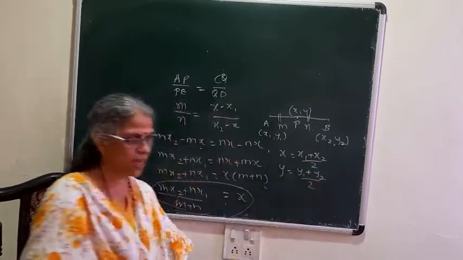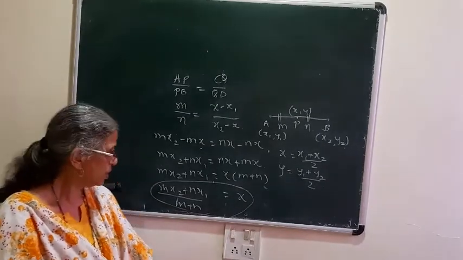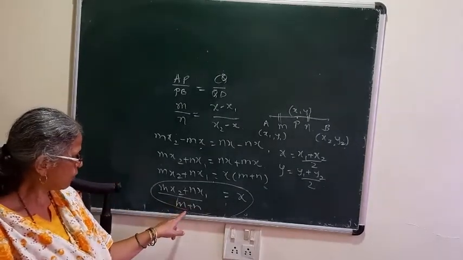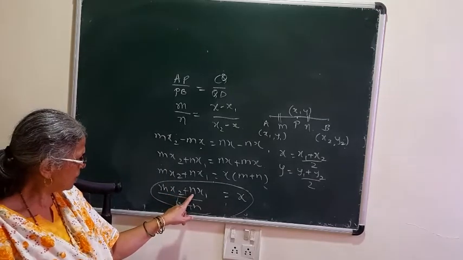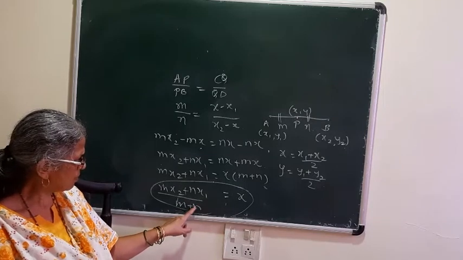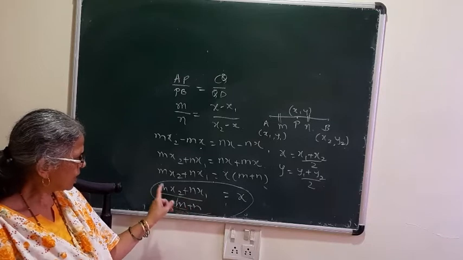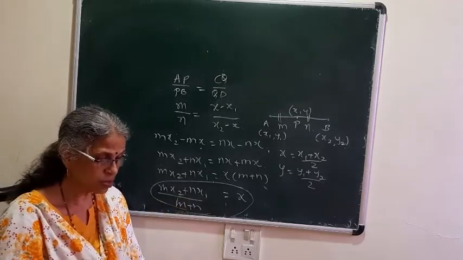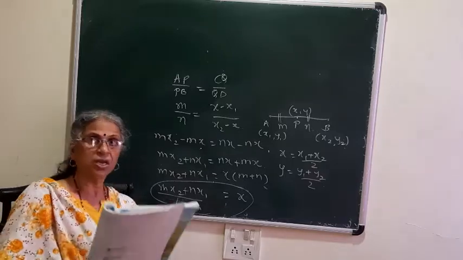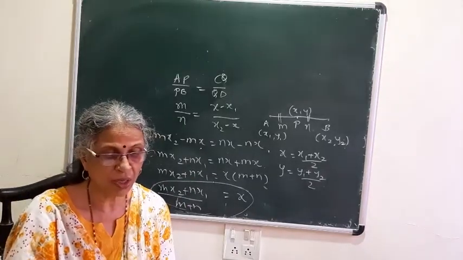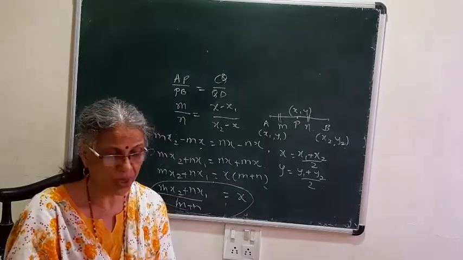So in detail they have given the proofs, so you can read it from the book also. But here we are going to start from this, and for n you can substitute m. So here it will become m, here also it will become m, so here it will be 2m. Taking m common, m and m will get cancelled, so you will have x1 plus x2 by 2 as the midpoint formula for getting the x coordinate if the midpoint is given, and y1 plus y2 by 2 for the y coordinate if the midpoint is given.